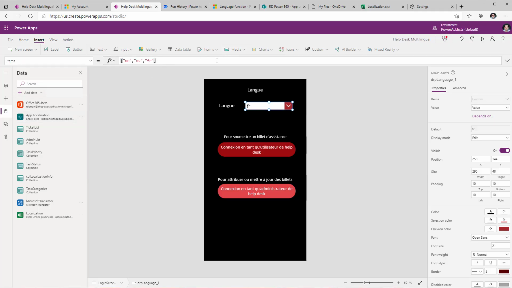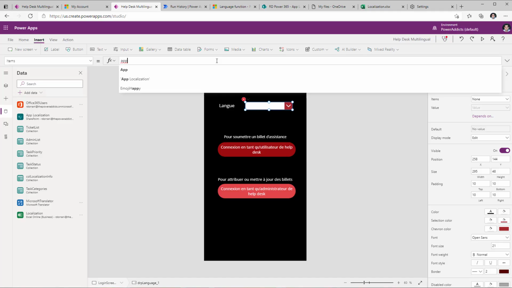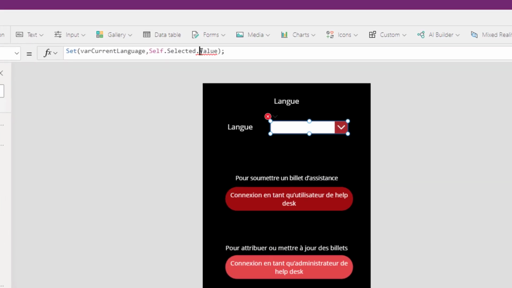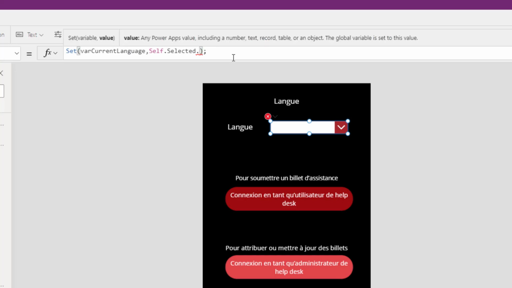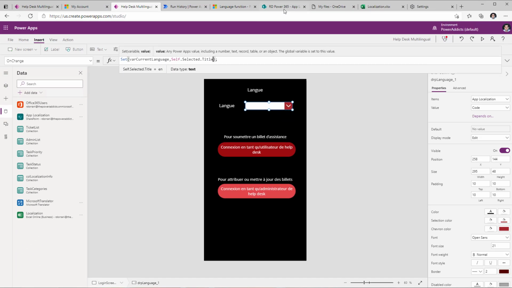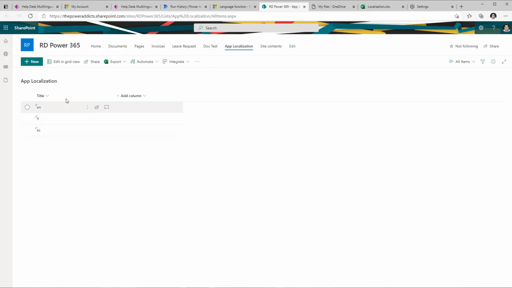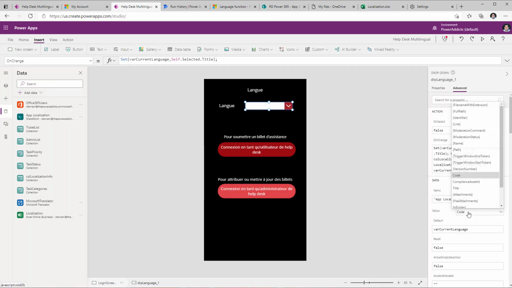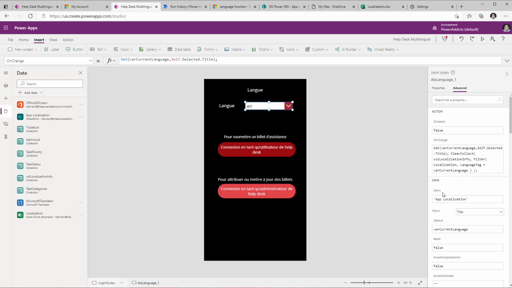I already have that SharePoint list connected in my app. So for the items property, I'm going to change this to my list that's called app localization. On change of this dropdown, I'm trying to set the language to my variable. So here, instead of using selected.value, I'm going to use selected.title because title is the column in my SharePoint list that has that language code. And for the dropdown control, if I head over to advanced